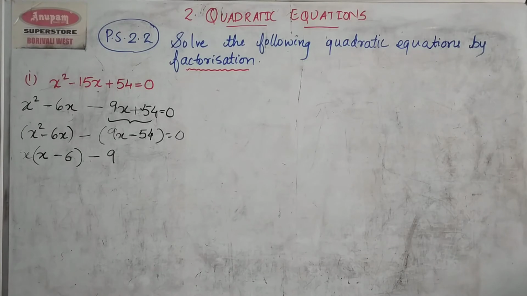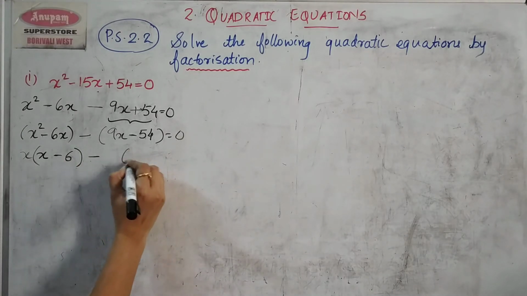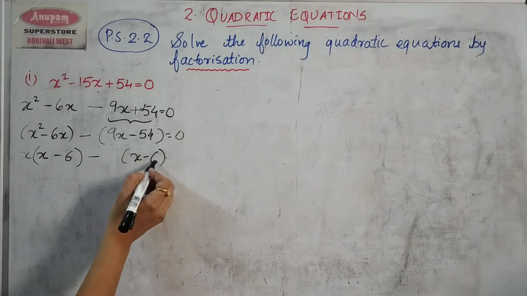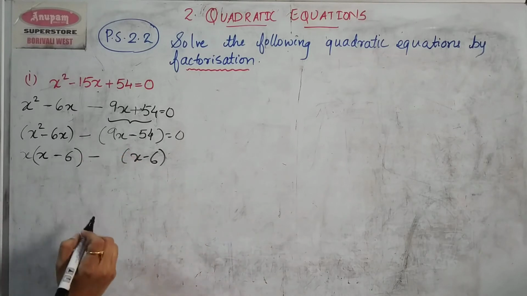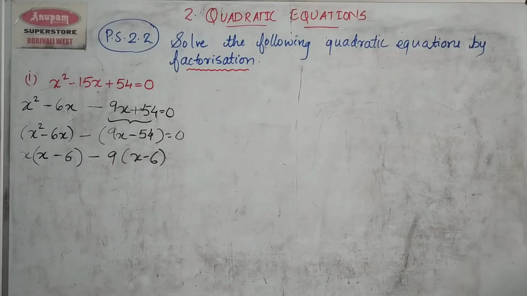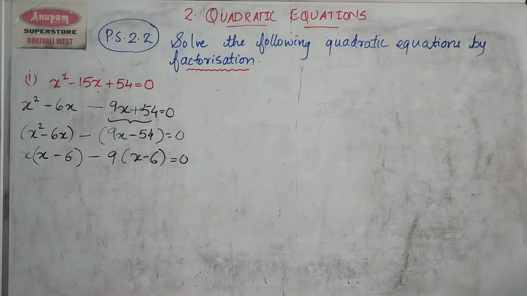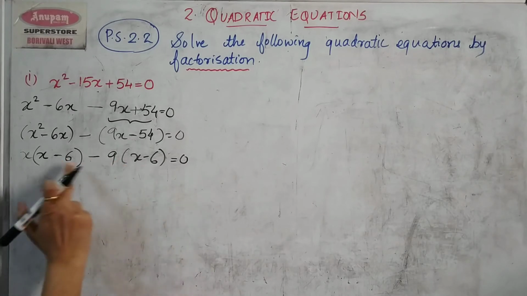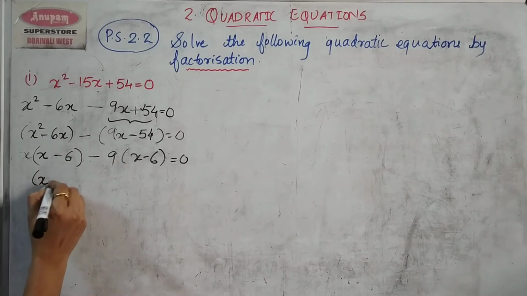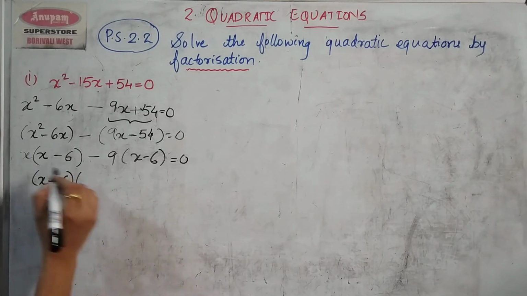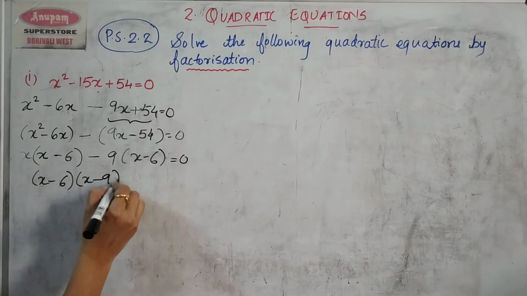But if you don't understand, there is some simple trick to use. You can directly write down x minus 6 here straight away, and then do the opposite. Now see, x into what will give you 9x? So x into 9 will give me 9x, and 6 9s will give me 54. And now is equal to 0. So I have got this common bracket x minus 6 which I take outside. So if x minus 6 goes outside, what remains is x remains here, and here 9 remains.